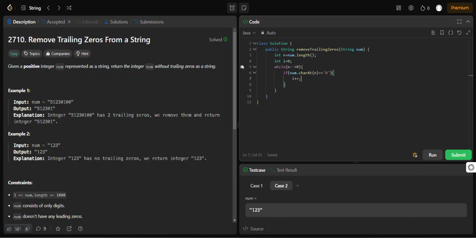If this is true, I'm going to increment my i. Why? I'm counting how many trailing zeros I have, because I'm starting from the rightmost of my string. Otherwise, if I don't have any zero at the rightmost at this position here, I'm going to break the loop, because the trailing zeros only start at the rightmost. Okay. Now I'm going to simply return